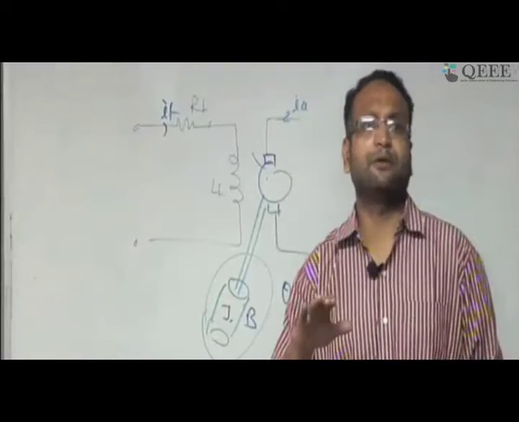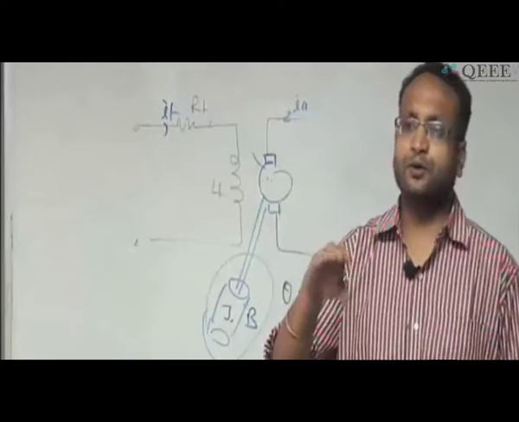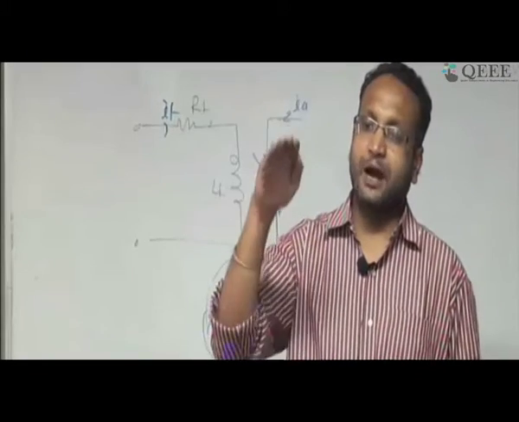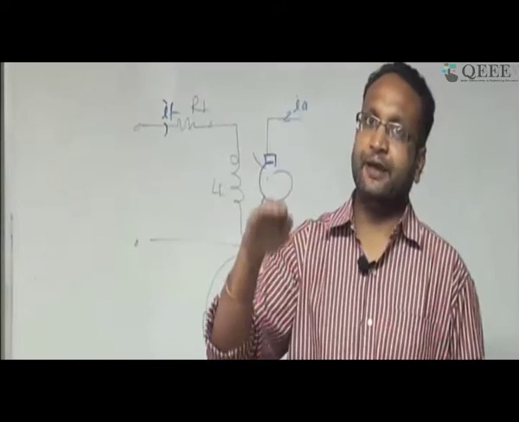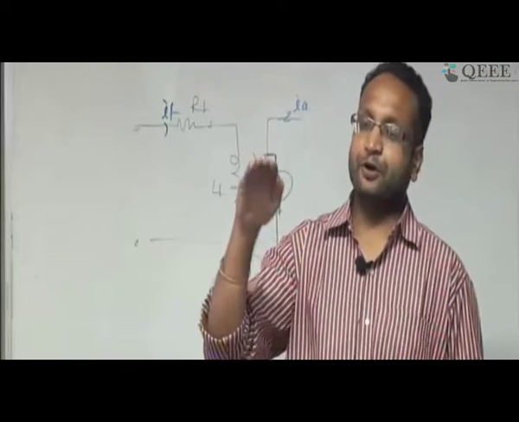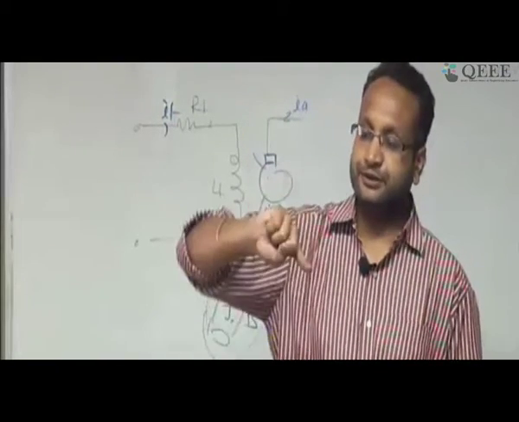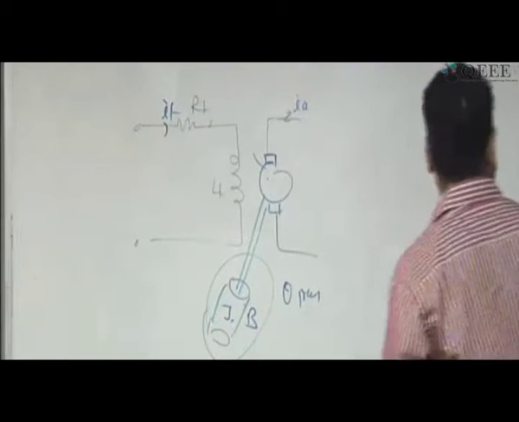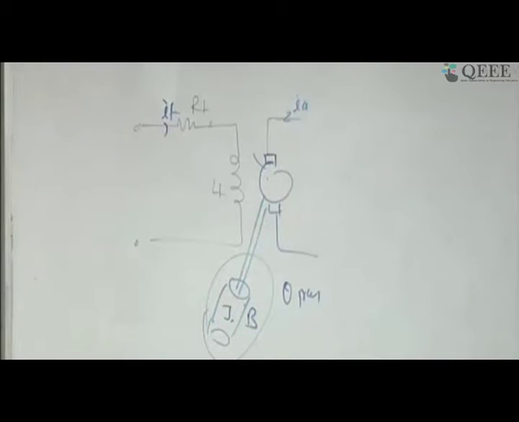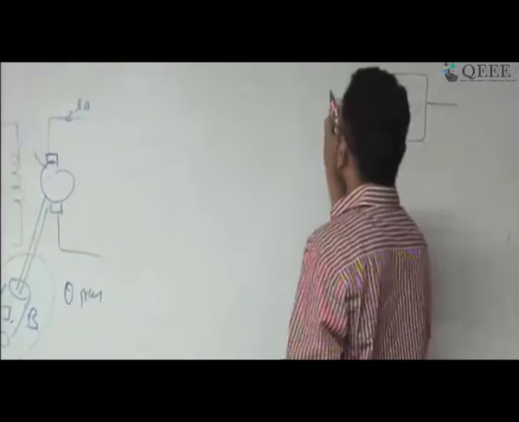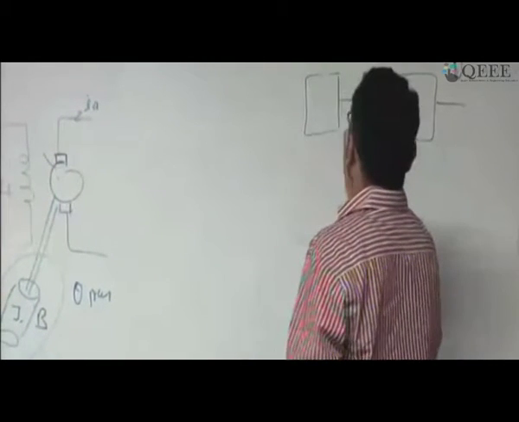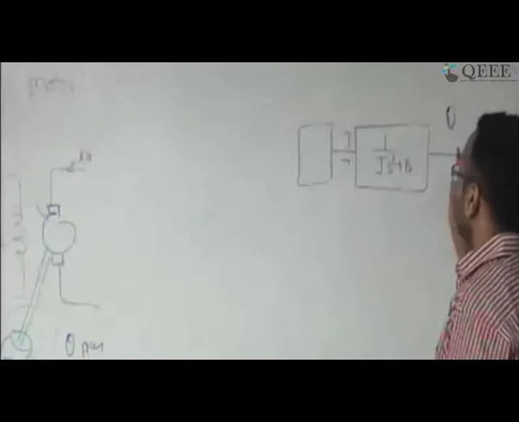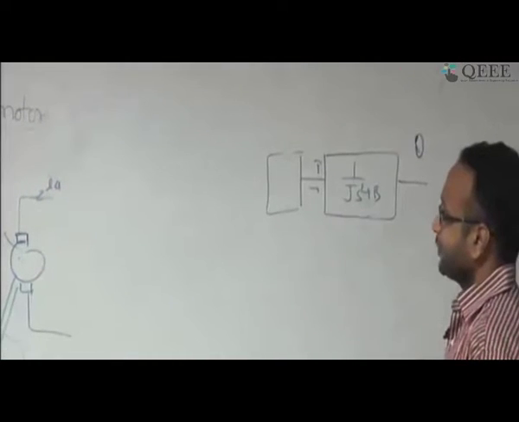Okay, and think about a situation where you want to control the position of your robotic arm and how it is moving. So my attribute of interest is not speed. My attribute of interest is how I am moving it. So that's why I am using this theta of interest, correct? And this is a second order system, Js square plus B. Now there is going to be a torque as an input for this system, and the output is a rotation.